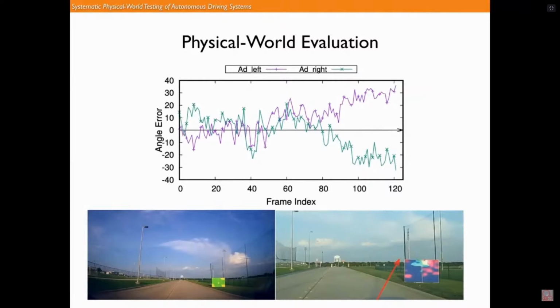As you can see here, the angle error for all frame indexes is pretty noticeable, ranging from 5 to 10 degrees to almost 40 degrees. The interesting observation is that whenever the frame index increases, the steering angle error also becomes larger. This is very intuitive, because when the frame index increases, it implies that the vehicle actually drives closer to this roadside billboard. So this adversarial billboard would impact the DNN optimization process a lot more compared to a far